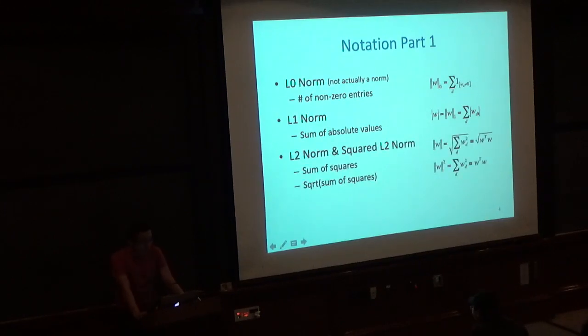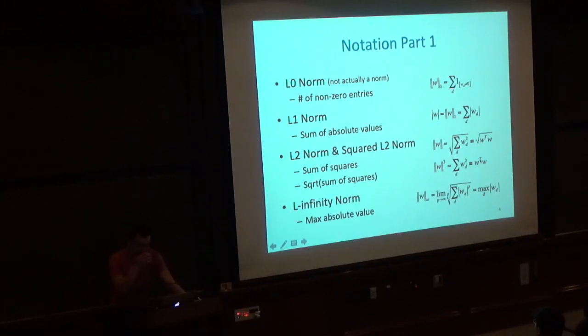The next norm is the L2 norm, or more often, the squared L2 norm is used. The L2 norm is, in some sense, the canonical norm, or the most standard norm. It is the square root of the sum of squares of the entries, also known as the square root of W transpose W, same thing. In machine learning, we typically use the square of the L2 norm. You saw that in the previous lecture with support vector machines, and we'll talk about this term in more mathematical detail in this lecture. So we typically use the squared L2 norm, which is just W transpose W.